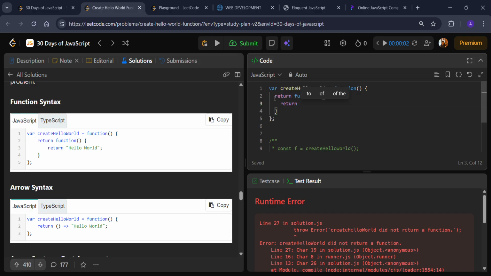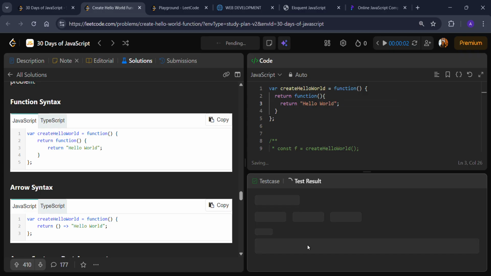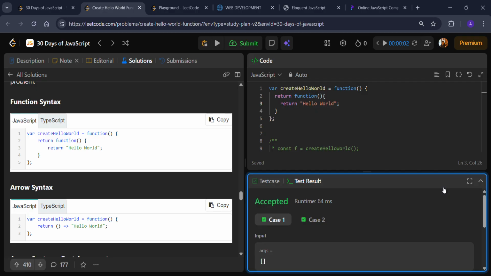Okay, so the function also has to return something. So it can't return console.log. It has to return hello world. Whatever, I guess. I hope this works now. Yeah,